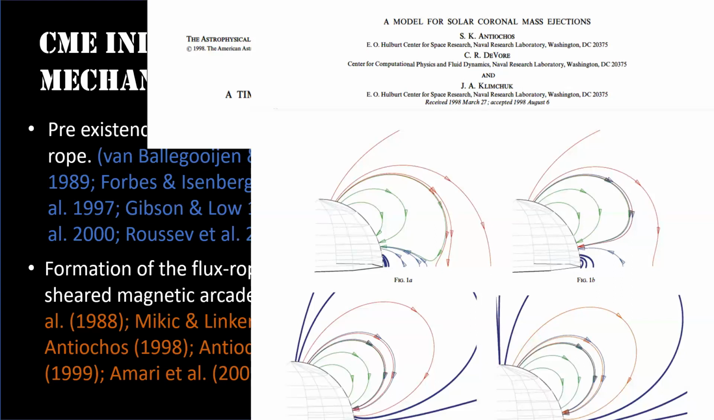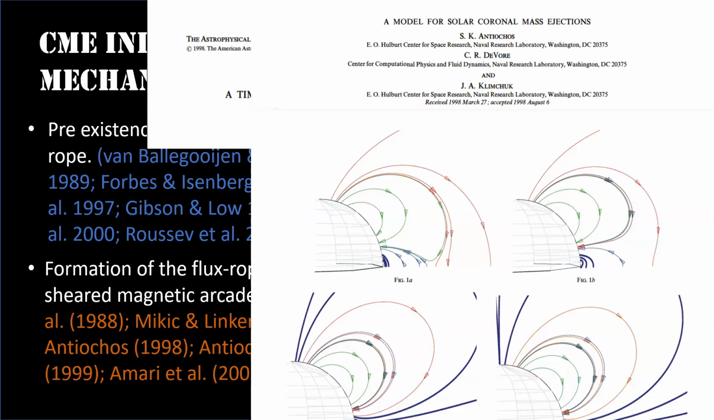So in my work, I have used the last model, which is by Antiochos, which is in a multipolar scenario where we form the flux rope by applying the shearing at the base, and which results in a CME. And which is also called a breakout CME. And in this work, I mainly see the effect of the poloidal field strength in this breakout